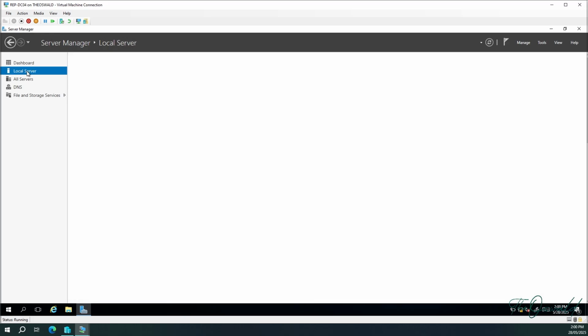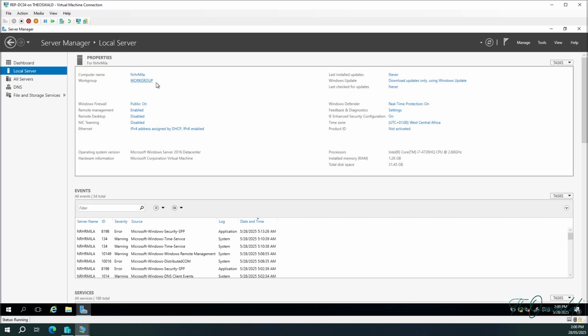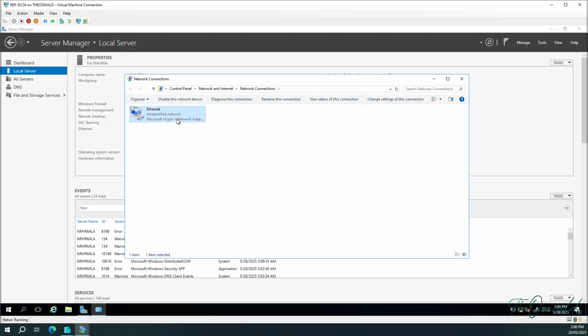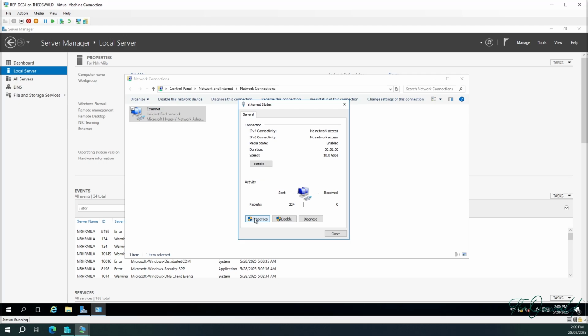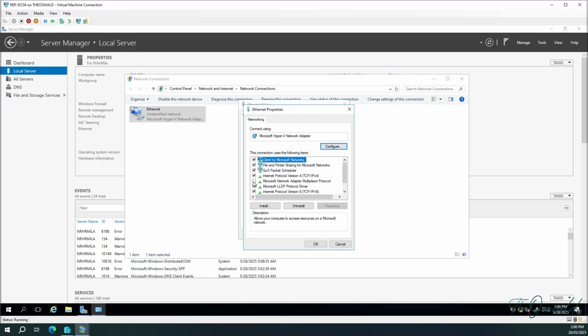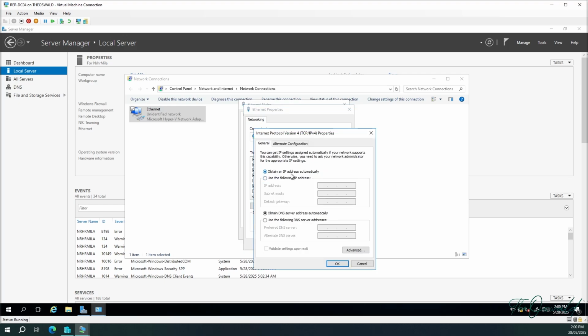So here I have my local server and it doesn't belong to any domain, so it's just in the workgroup, and I need to go configure the IP address first of all. So I'm going to come here and click on this, then open up the Ethernet and then go to properties. So I don't want to use IPv6 for anything here today, so I'll just uncheck this and open up IPv4. I don't want it to obtain automatically, I want to set this myself, so I'll just come here and say okay, let's have one, let's do that again,